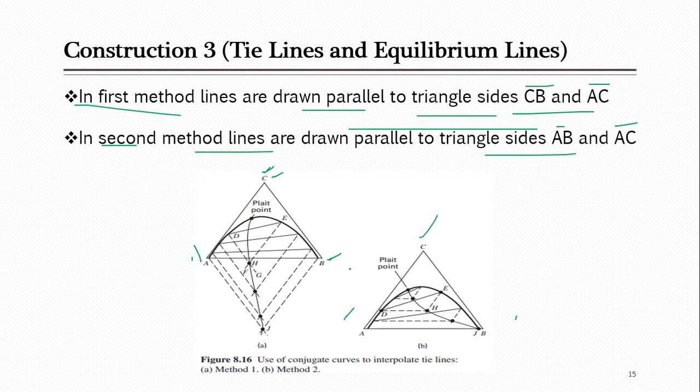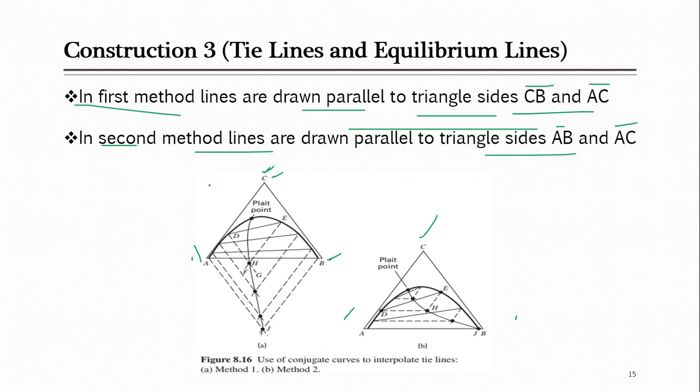So he is talking about these now. You see there are sides AB, BC and CA, and similarly AC as well. These are the three sides. So he is talking about CB and AC, or AB and AC, along which you have to draw the lines. I'm not going to discuss all of this in detail, and I'm not going to draw how they are drawn, but I will quickly tell you.